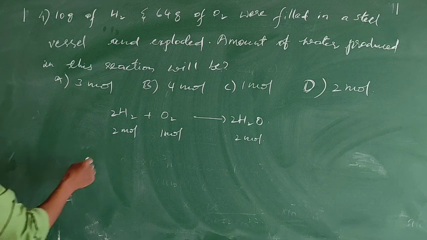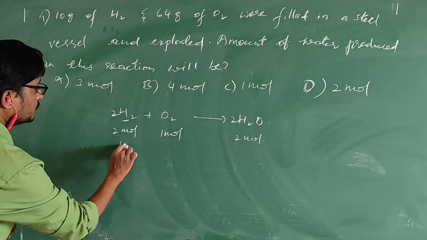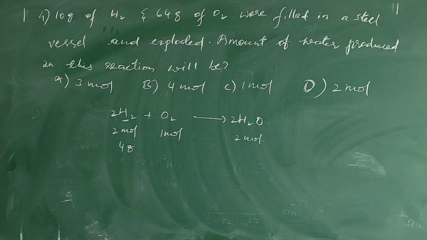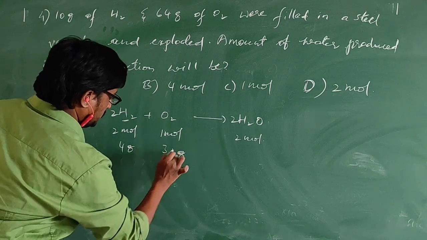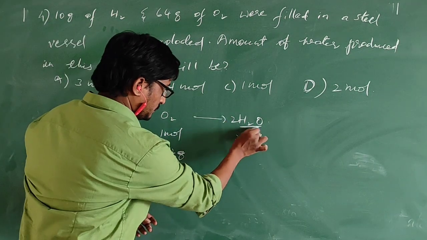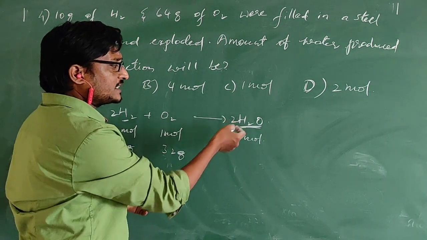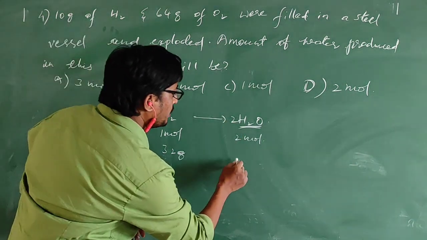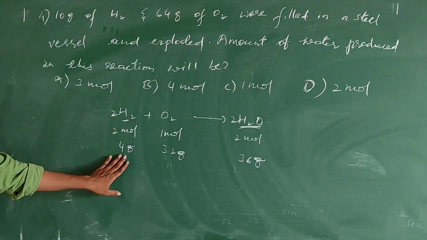Or you can also write it in mass. What is the mass of 2 moles of H2? 4 grams. What is the mass of 1 mole of O2? 32 grams. What is the mass of 2 moles of H2O? Molar mass of H2O is 18, so 1 mole has a mass of 18, which means 2 moles will have a mass of 36 grams. So, when 4 grams of H2 reacts with